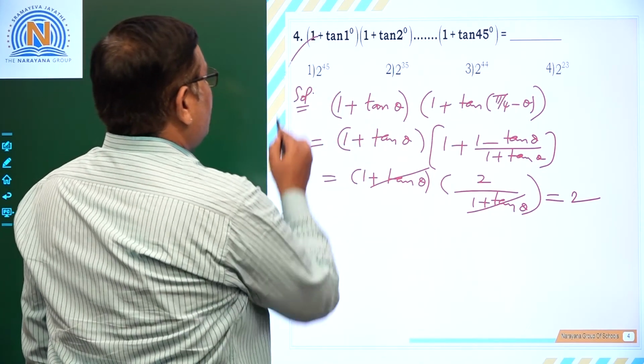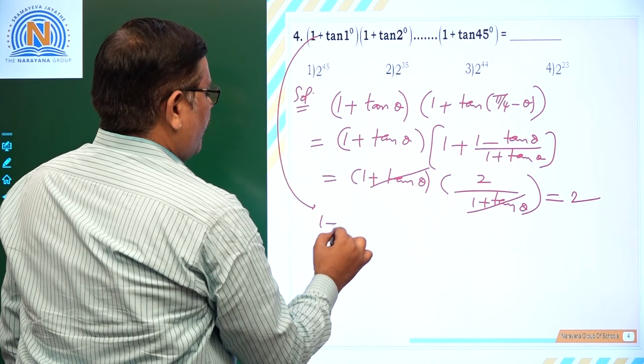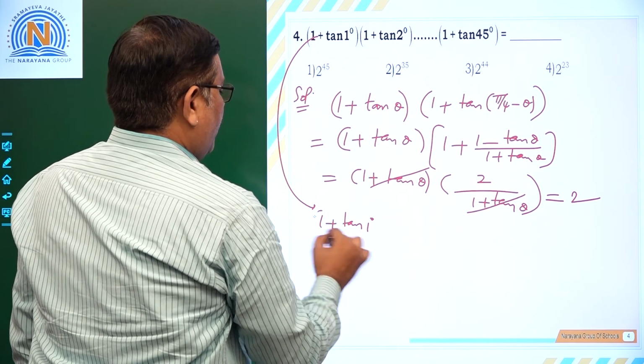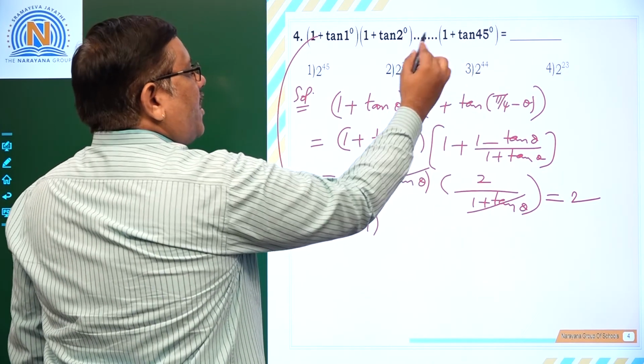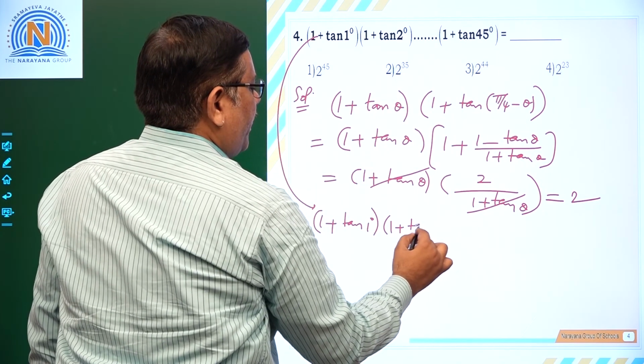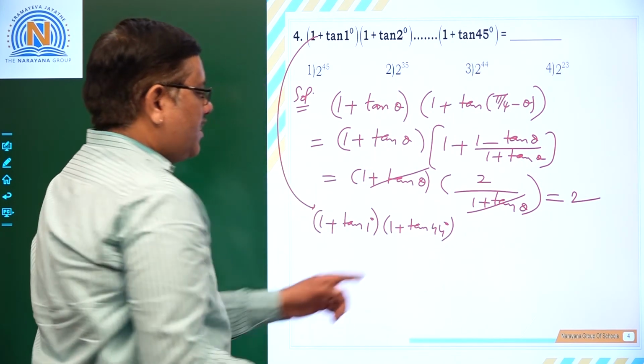So let us take this. If I regroup them in this way, 1 plus tan 1 degree, before 1 plus tan 45 we have 1 plus tan 44. Let me take that. Why should I take that? Because 44 is 40